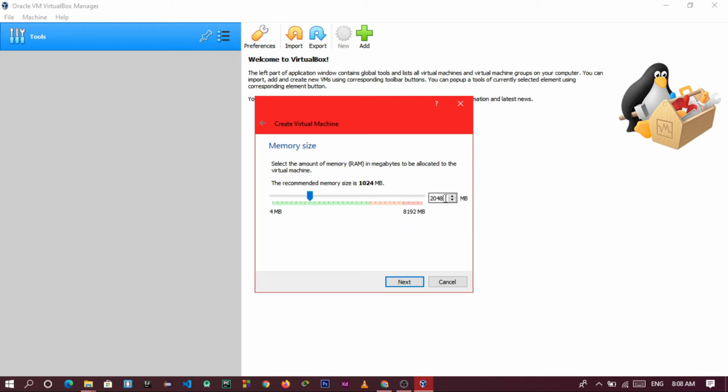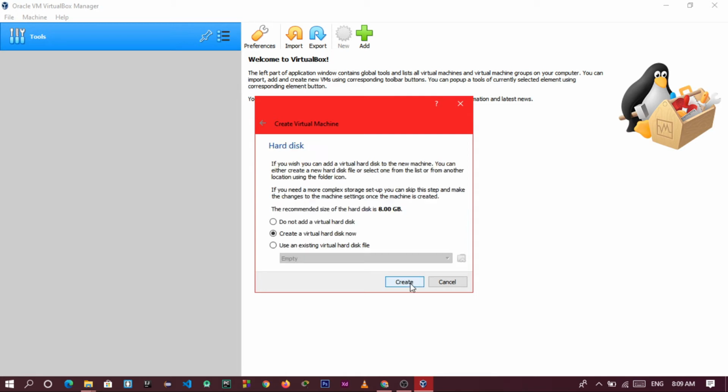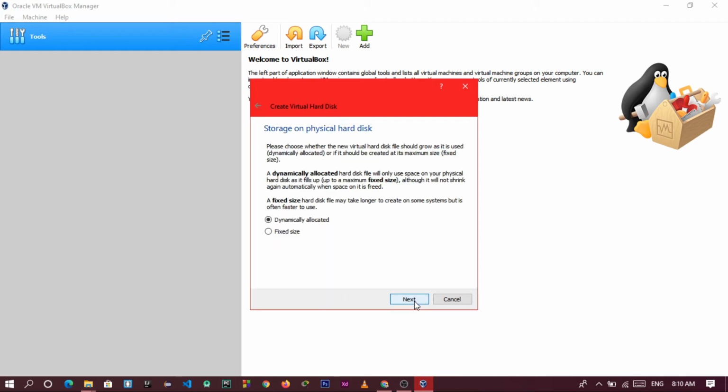So I am selecting 2 GB of RAM, click next, and you will get the hard disk screen. Simply click create, click next. In the next screen you can decide whether you want the hard drive you are creating to be allocated dynamically